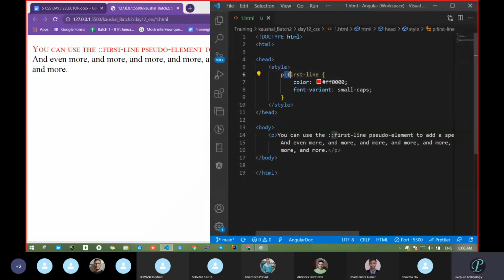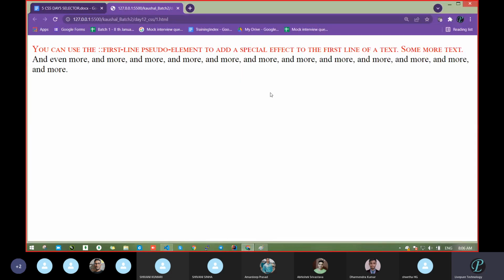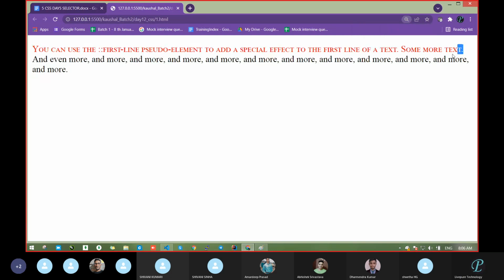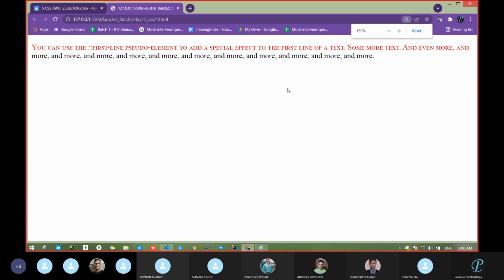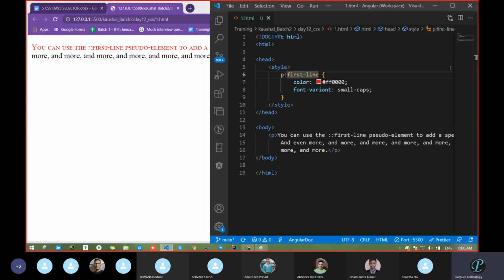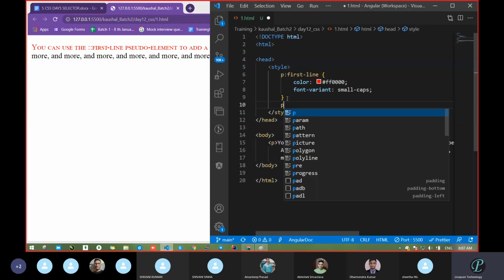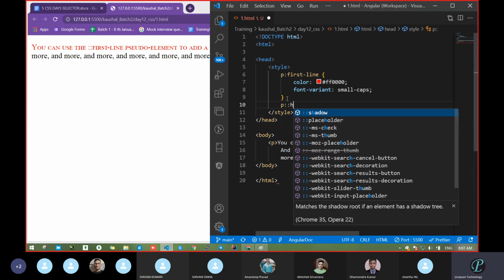Because when we pass one colon, that becomes a class, a pseudo class, and in the case of a pseudo class it's also working. Okay, so this will work in both cases, but some will not work like that. So just do one thing, whether we can do the same thing in the case of that class also or not. Let's see.